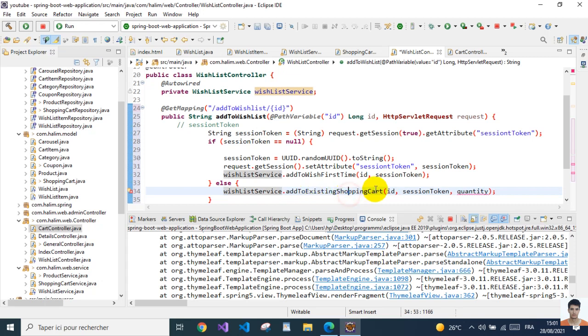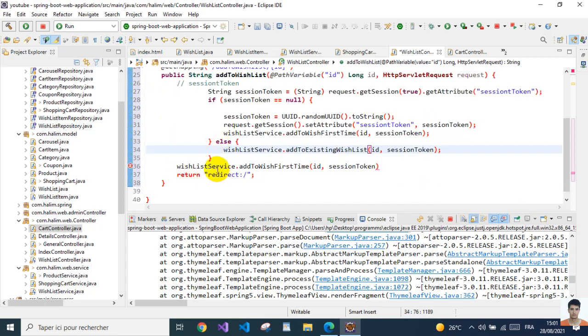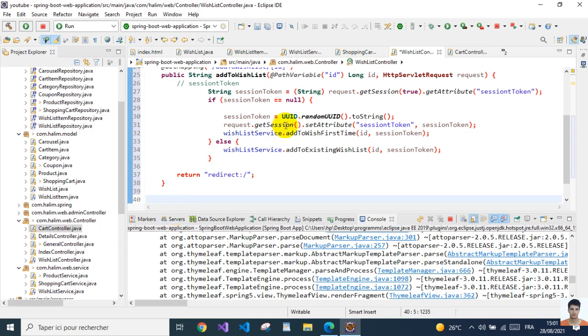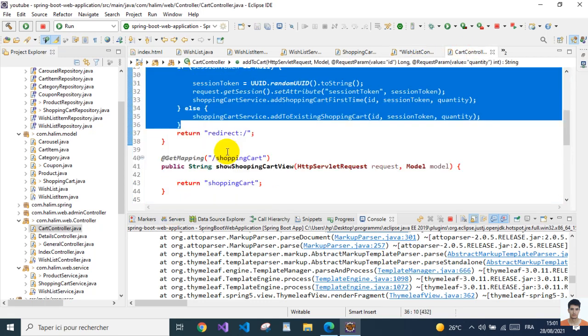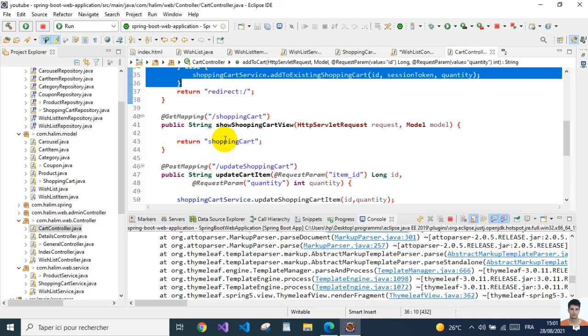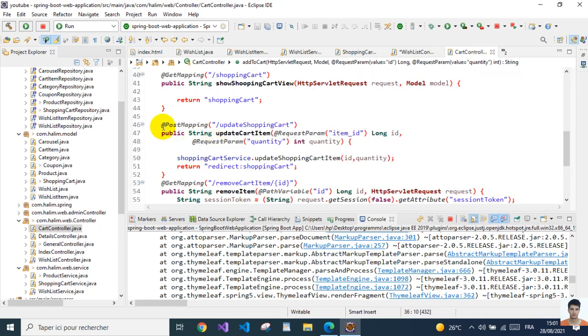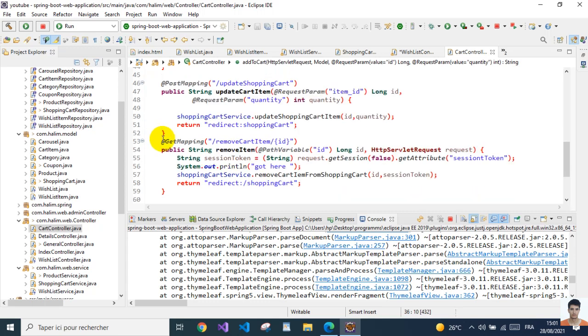add to existing, not an existing shopping cart, but, and get rid of these. So that's it. And finally redirect to the index, and I'm going to do the other method, shopping cart, show shopping cart. We don't need to show the shopping cart. Post mapping, so update shopping cart, we don't. Get mapping remove, so we will